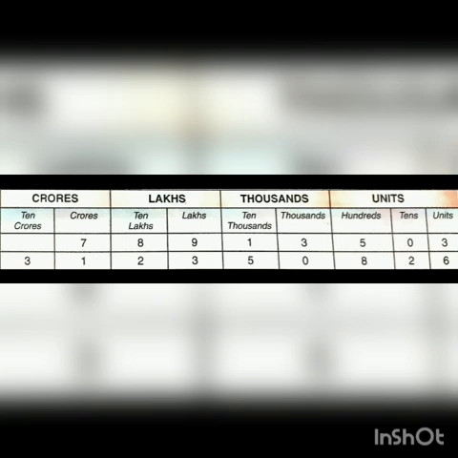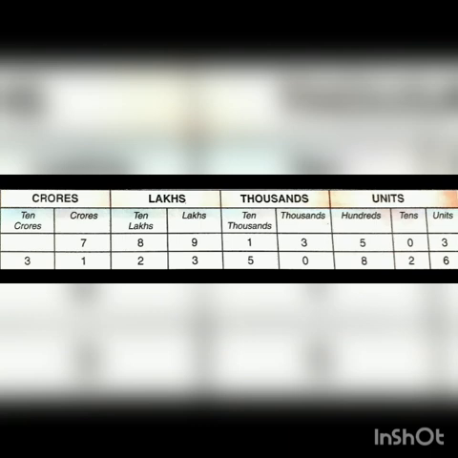In the units column, we have three places, that is units place, tens place, and hundreds place. Then let us come to the thousands period, with thousand place and 10,000 place. In the lakhs period, we have lakh and 10 lakh, and in the crore period, we have crores and 10 crores. So, let me read this number first.